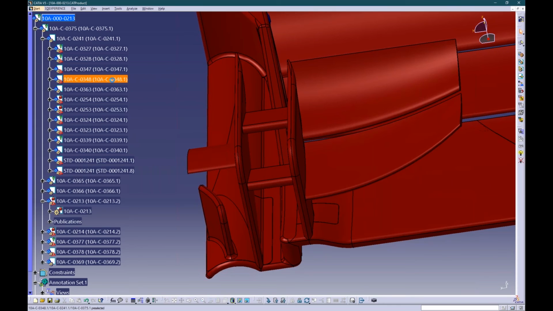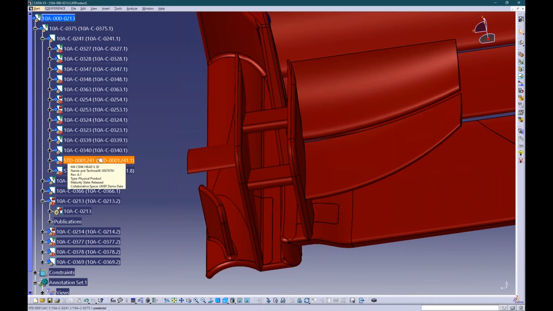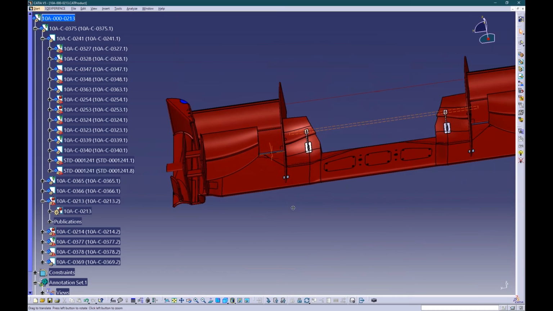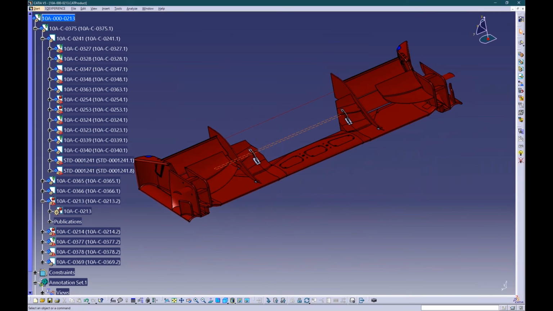Similarly, you'll find parts in the tree which will not be marked as frozen and released. These standard parts will obviously be released, and that means you won't be able to modify them either. And this gets me to the second problem which file-based always has, where you have a part that gets revised